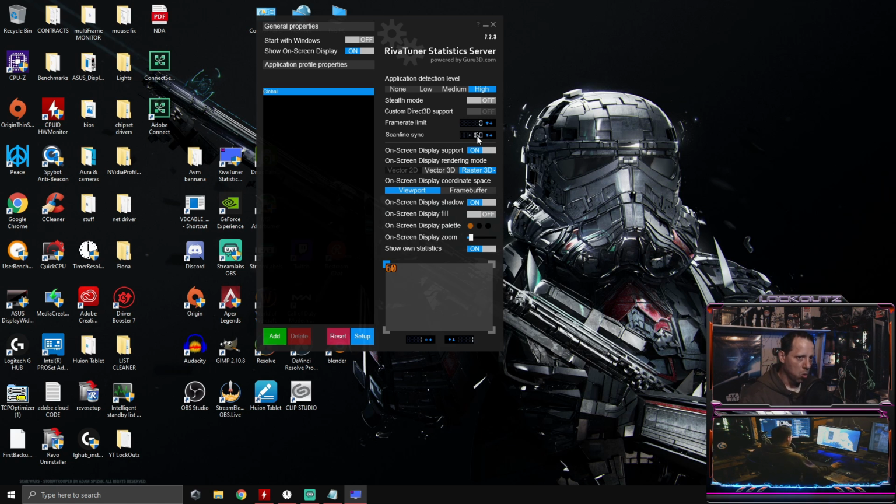Scanline Sync, what this does, my tear was right here, and what it did is it will pull it right down. Now you want to pull it right down to the very bottom of your monitor. You do not want to pull it off of the screen. I had a lot of confusion in the last video, so I'm telling you guys very clearly now. Pull it right down to the very bottom or pull it to the very top, depending on how you guys